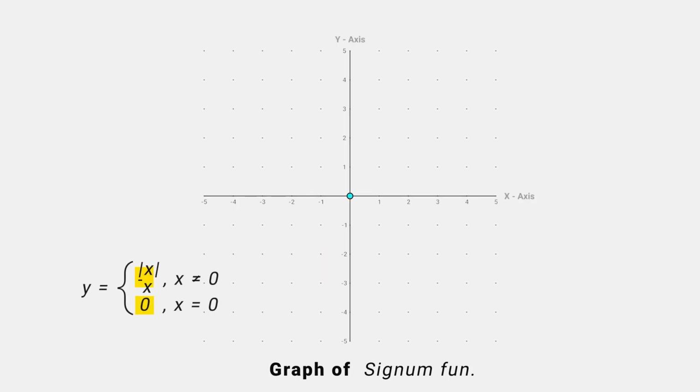The function is defined by f of x equals modulus x by x when x is not equal to 0, and 0 when x equals 0. The graph of Signum function is